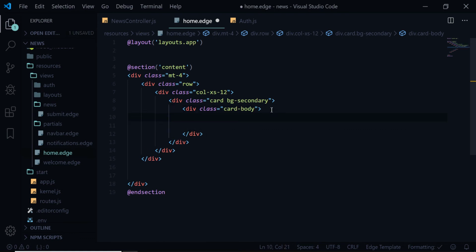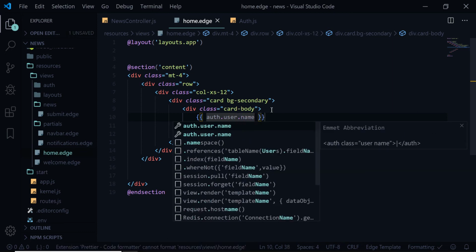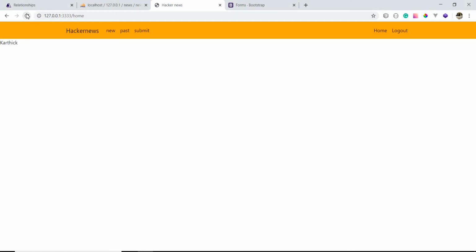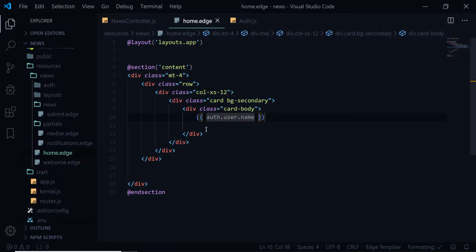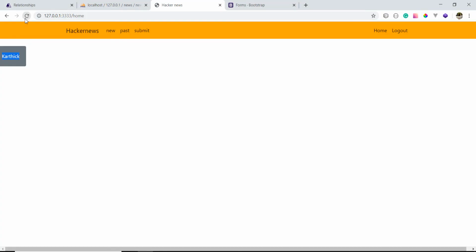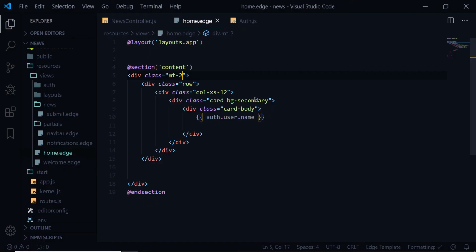Inside card body, first we'll see what we can do. So auth.user.name for now. Let's refresh here. It looks somewhat okayish, but the color needs to be changed. Maybe 4 isn't that good, so let's do 2 here. So we need this to take the full width of it. So what we can do is let's remove